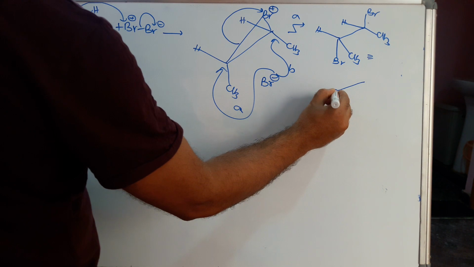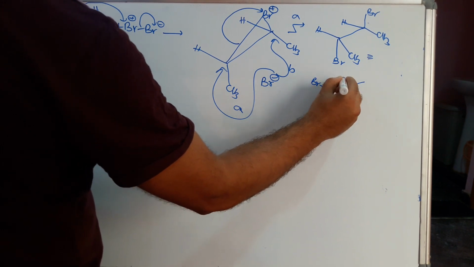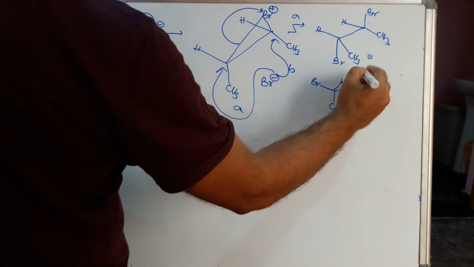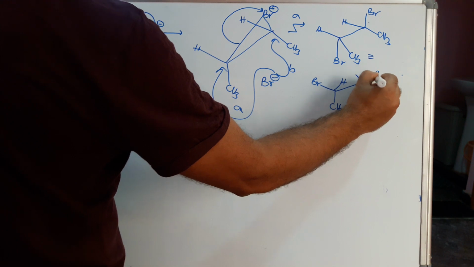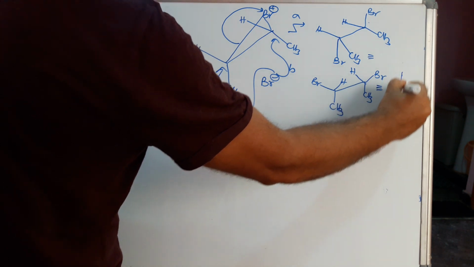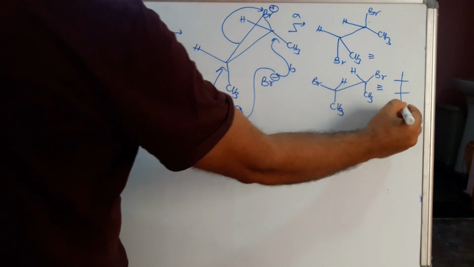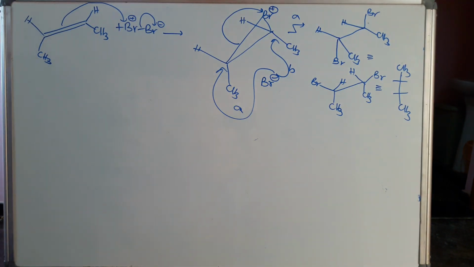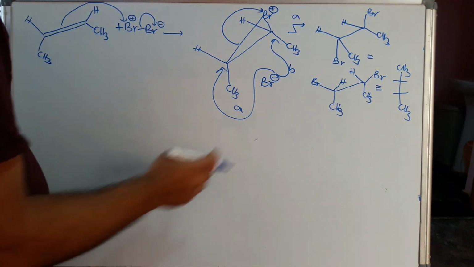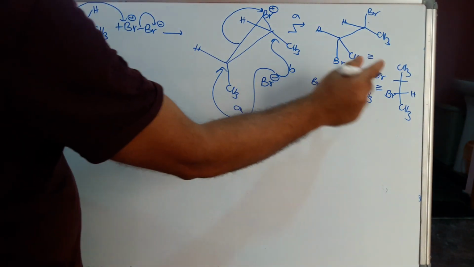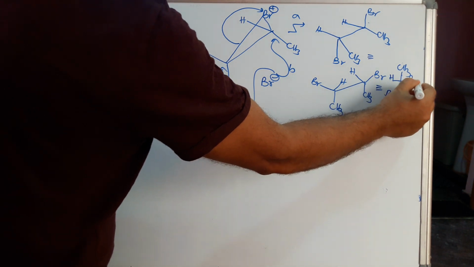This is bromine. This will be the hydrogen. This will be the CH3. If you rotate this molecule exactly, then this is bromine, hydrogen, CH3. Okay, this will be converted into the Fischer projection. CH3, CH3. When you are converting into Fischer projection, first you have to convert into eclipsed form. So this eclipsed form is there. So on the left side, this is the bromine first, and here hydrogen on the right side. Here also hydrogen on the left side, here bromine on the right side.